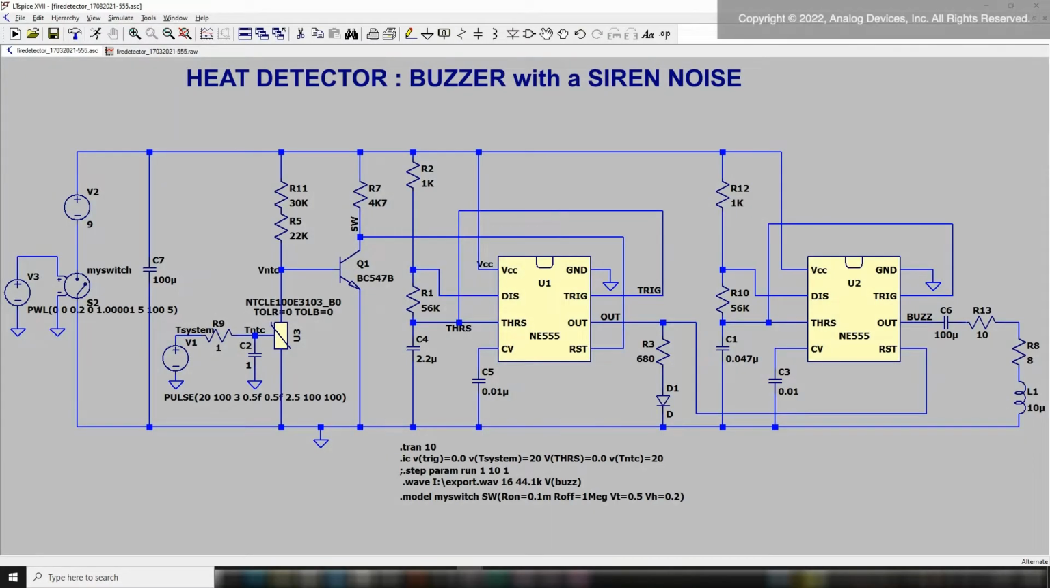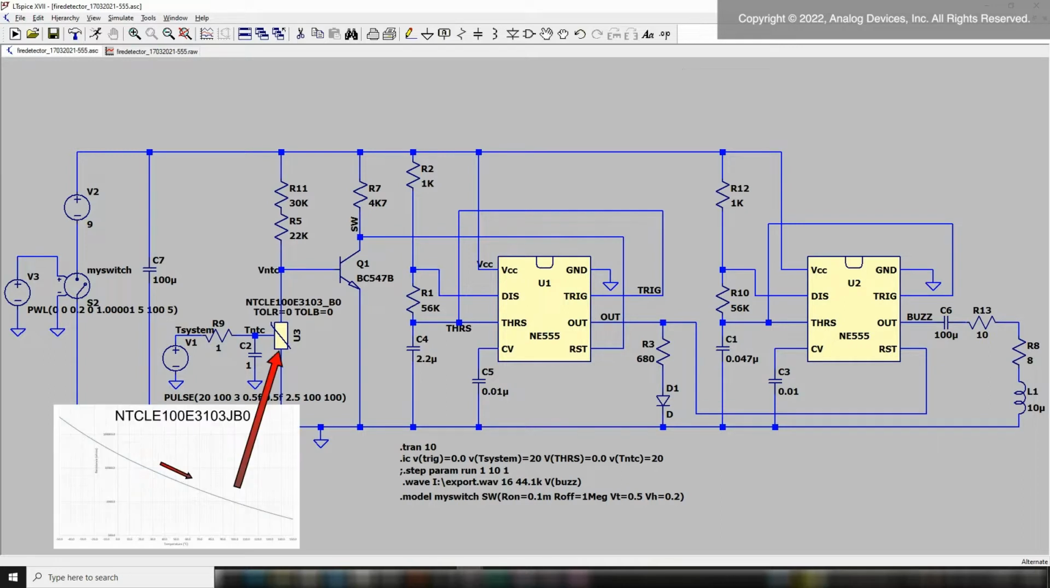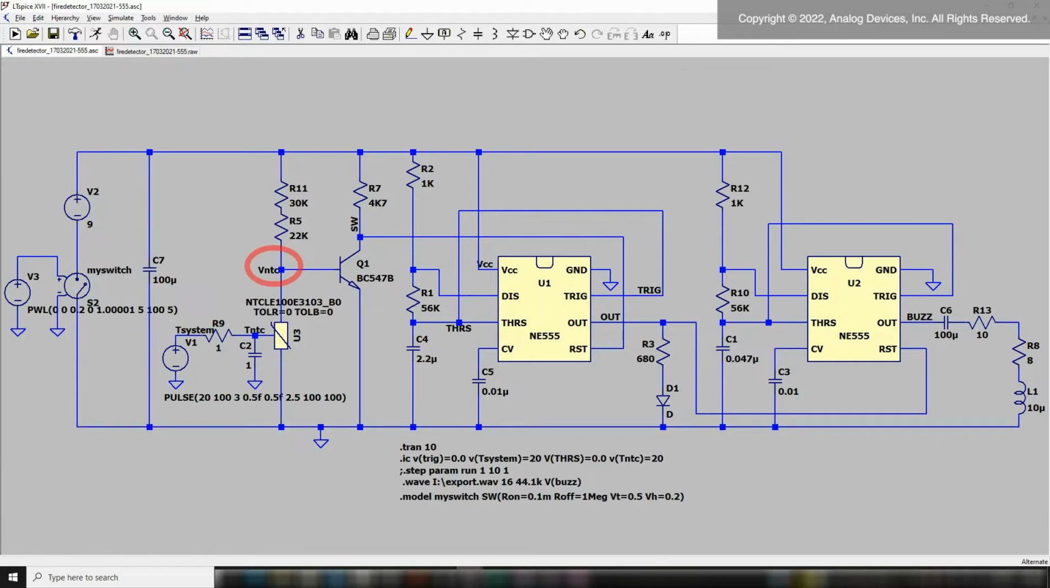Here is a siren buzzer circuit based on a cascade of two 555 timers. Some words about the circuit behavior before we do the simulation. When the temperature is normal, Q1 is conducting and the SW node voltage is kept low. As temperature increases, the NTC resistance will decrease, the voltage at the NTC node decreases, and at a point Q1